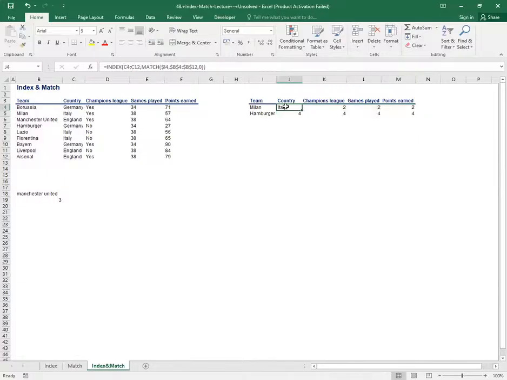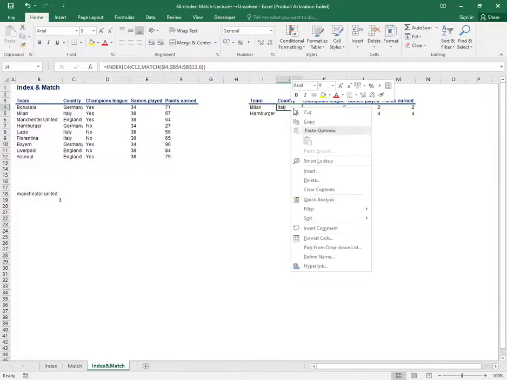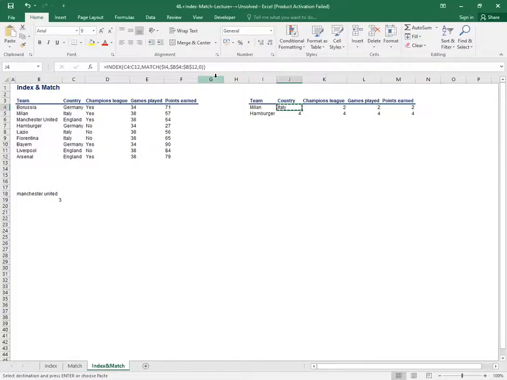If Milan comes from Italy, ladies and gentlemen, no problem. I would want to populate the entire thing as I finish. So I'll come and copy, not cut, but copy. I'll copy like that. Once I copy, I will come and take everything like that. So ladies and gentlemen, I'll come and press enter. When I press enter,